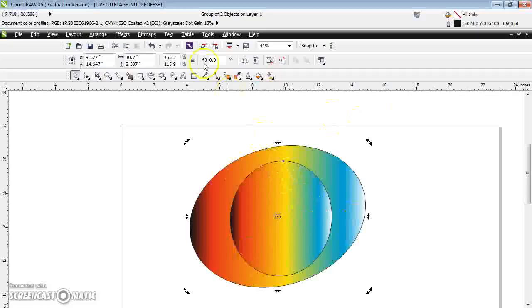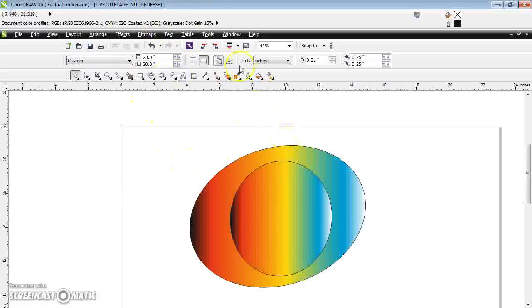And for my object I am going to apply nudge offset. If you come out of the page and observe the property box of my page, here you can find this symbol, which is the nudge distance, the nudge object distance.